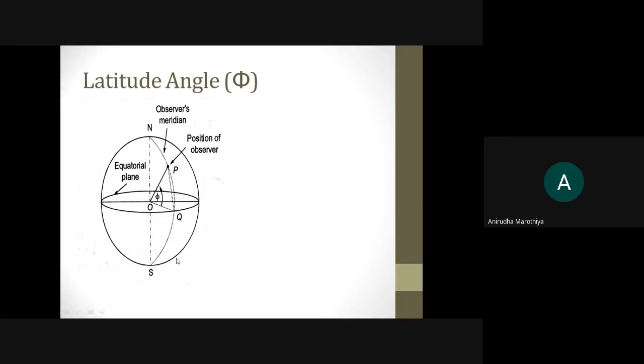Imagine a sphere. If you cut the sphere into two sections, this indicates the uppermost section and this indicates the lowermost section. So normally we call this the Northern Hemisphere and this the Southern Hemisphere. So you have to draw this, and these dotted lines indicate the observer meridian. Meridian is nothing but a circle which is obtained by joining all possible longitudes with respect to the position of observer on the Earth's surface. So that indicates the observer meridian, and this angle is known as latitude angle, indicated by symbol phi.